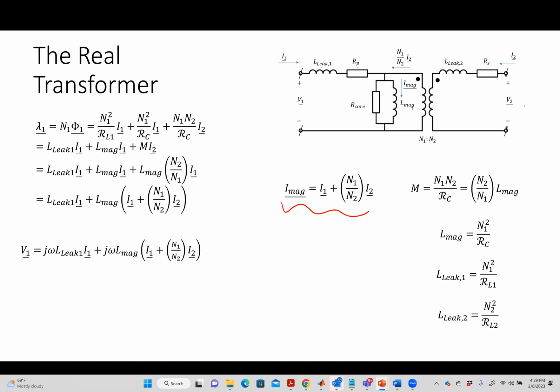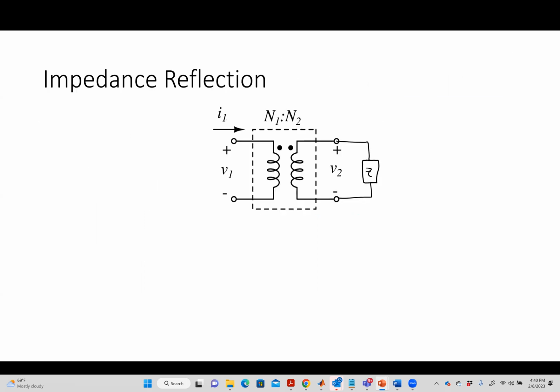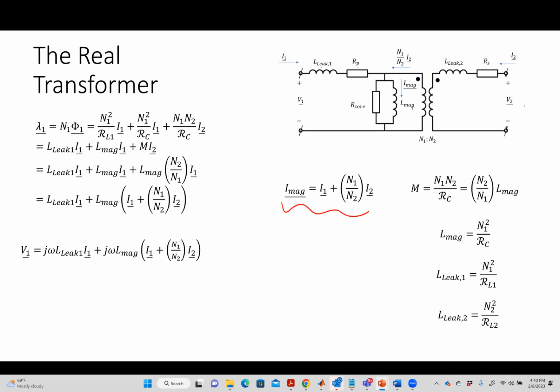All right. I want to get to a basic problem though. One thing people might remember from Circuits 2 is there's a way to do something called impedance reflection. Because this model is ugly and it's not the one we typically use. To be honest with you, the model that we typically use,